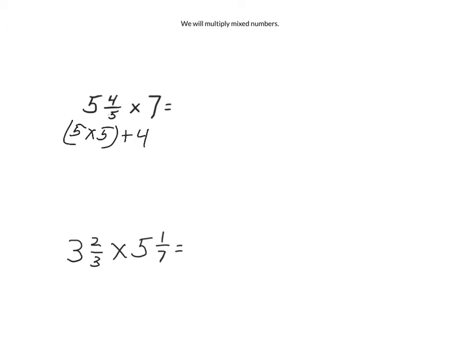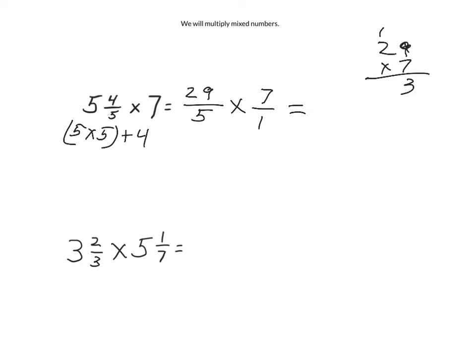And that's going to be our new numerator. So 5 times 5 is 25, plus 4 more is 29. So now 5 and 4/5 becomes 29/5. Then we're going to multiply that by 7, which is really 7 wholes or 7 ones. Now we just multiply the numerator by the numerator, and 29 times 7